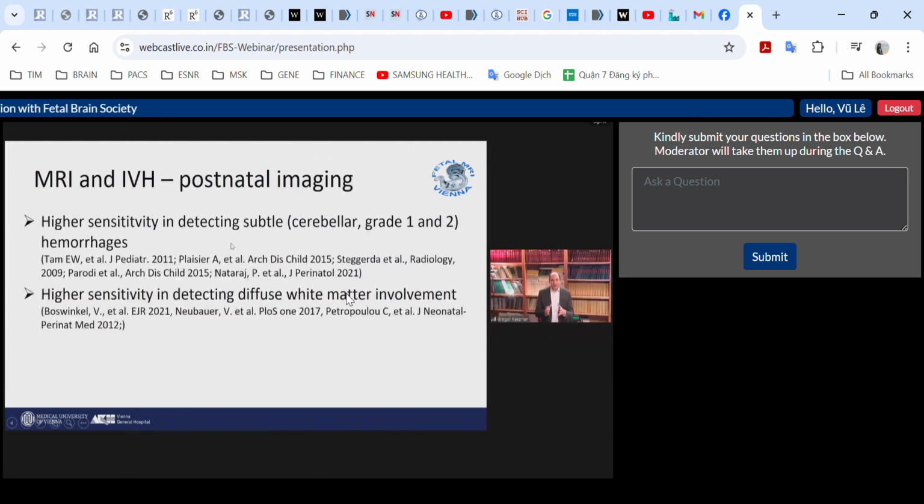MRI is a very good tool in assessing the white matter. That's what we know, at least from postnatal series, where we've seen that